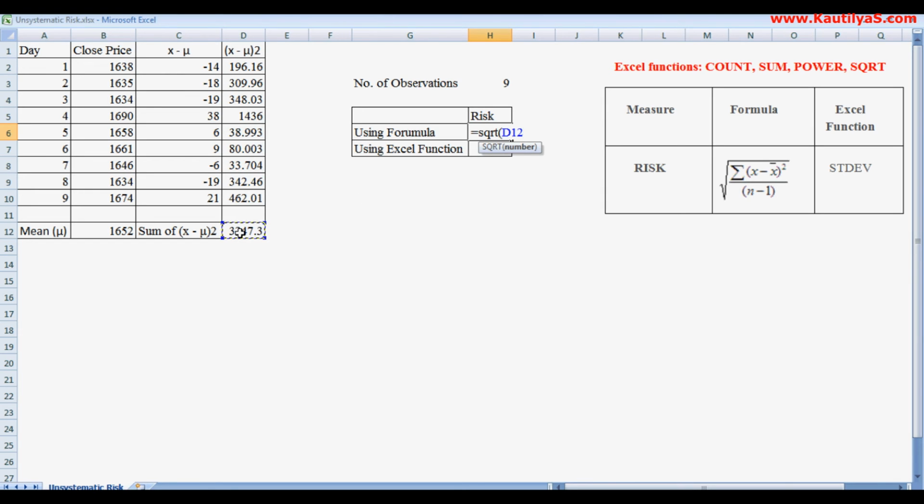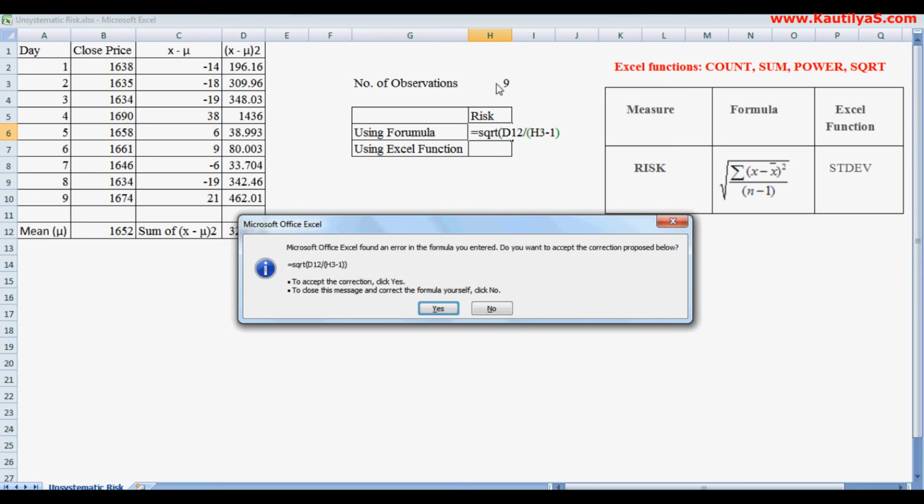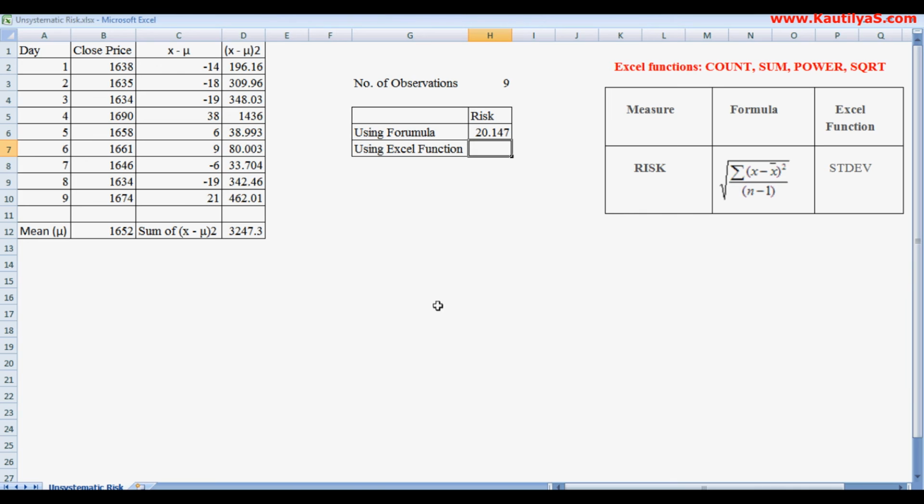Select this, divided by, open a bracket, n, the number of observations, minus 1. So here we got 20.147 as the standard deviation, or unsystematic risk, of the observations.